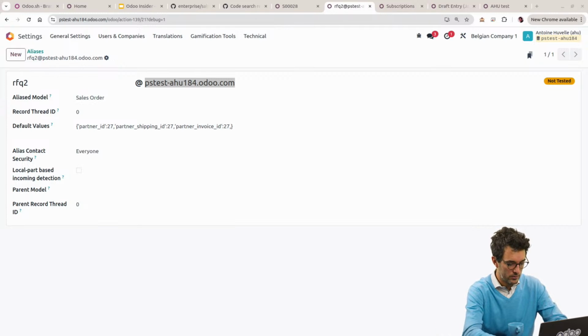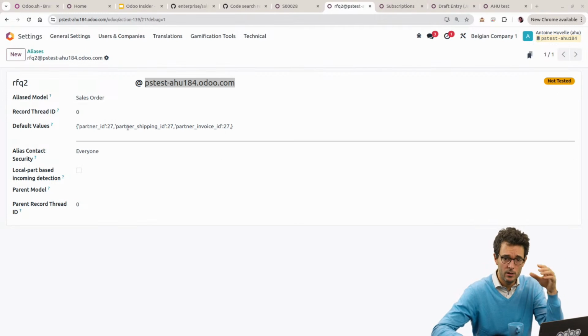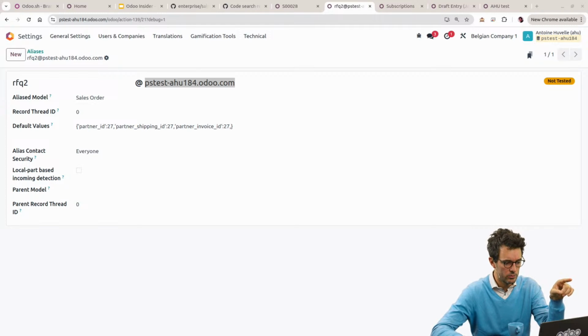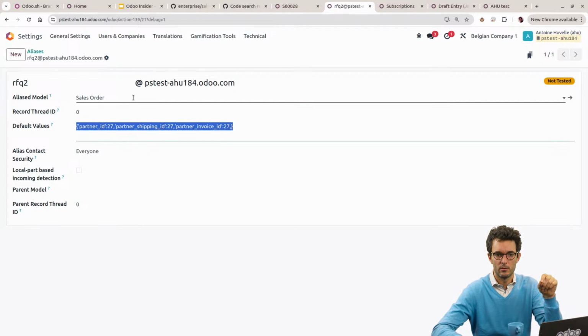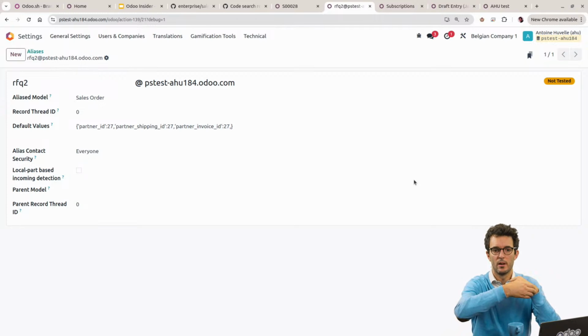So RFQ2 on my other computer, test SO, Odoo Insider. All right, test, blah, blah, blah. Let's send and let's see. I'm going to test something also just to see if I have a bounce in case it doesn't work. That could be also something quite interesting. I don't think that we do that, but we'll see. So very important, these default values and this alias model that we need,